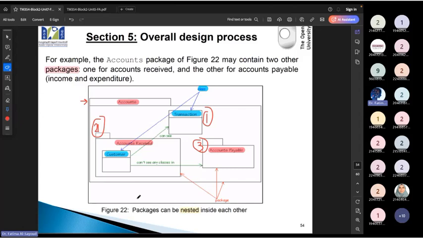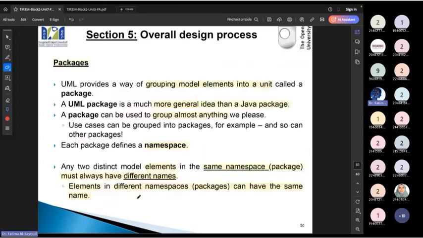Okay, I'm going to go back and show it in detail, but I just would like to give you a big picture of what I'm going to talk about here. So ايش هي الباكجز؟ It is grouping model elements into one unit. A unit اسمها package. طيب راح تكون عامة أكثر, more general than الجافا package, and you can have almost anything. As I said, it can be another package, diagram, module, classes. All of those can be grouped together.